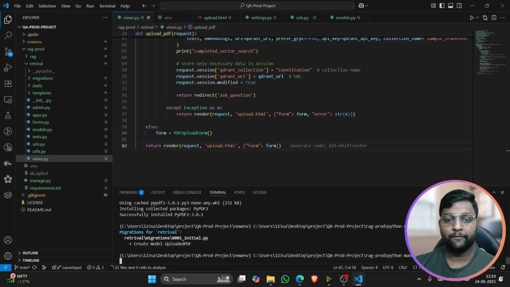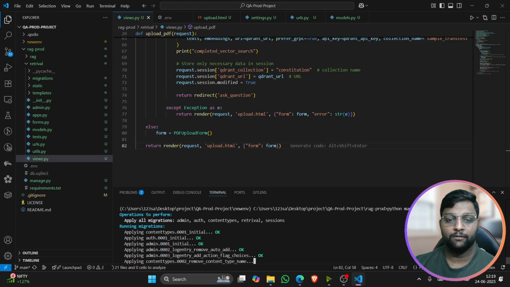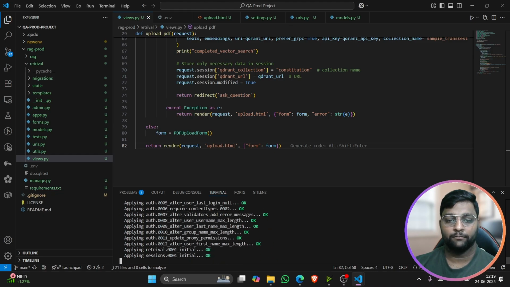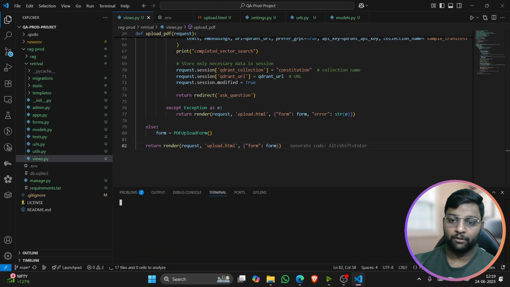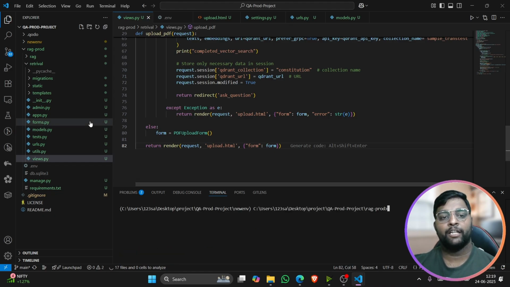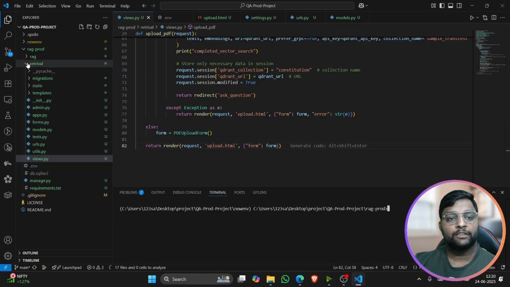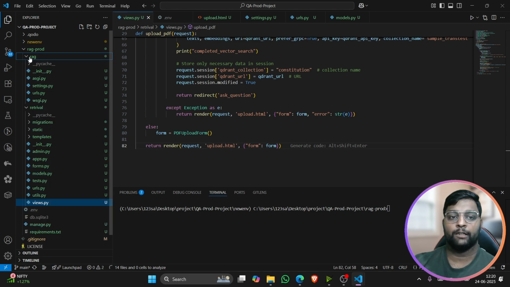If there is any error, we need to sort it out actually. Okay. So there is no error actually. So every models.py was perfect. So it was able to create. But still one error which I do remember we will get, one error is